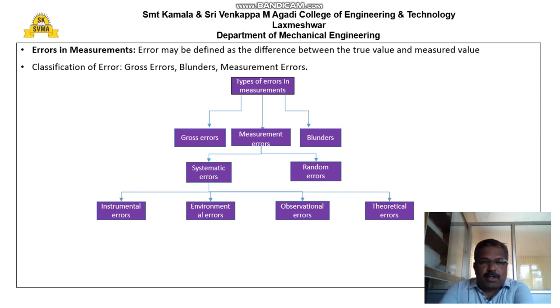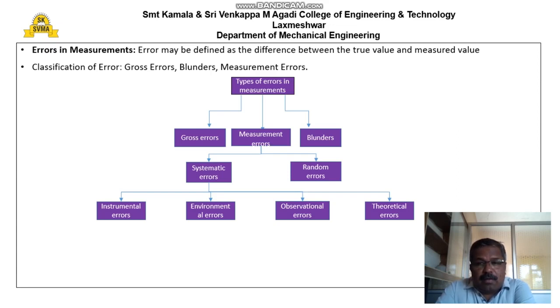Good morning, friends. Today I will discuss the topic of errors in measurement. Under this topic, I need to cover three important parameters. The first is the definition of error, the second is the reasons for the errors, and the third is the classification of the errors. So the first and foremost thing is that we need to focus on why these errors occur